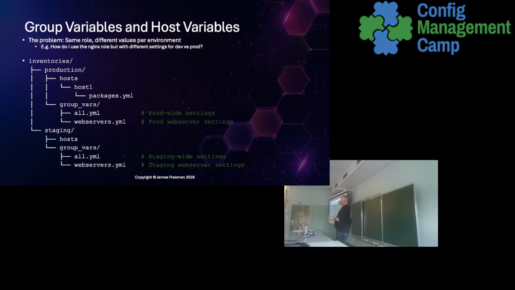Group and host variables. So here's an interesting one. I mentioned hard coding variables earlier, and we had an example of code that had a DB IP address and a port number and that kind of thing in it. Let's say that was a development environment, and like I say, you don't want to recreate the code for a production environment, an entire copy just with changing those values. How do you do that? Well, what you can do is you can actually have different hosts in your inventory. That's an important part of how Ansible works. It has an inventory. And then you could, again, you choose how your inventory looks. You could have groups called production.